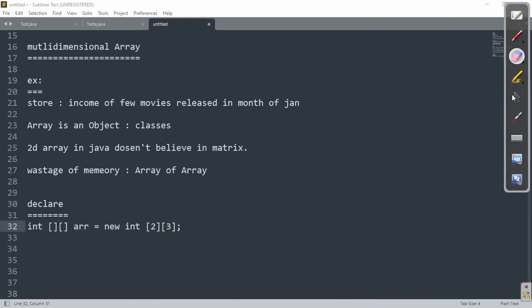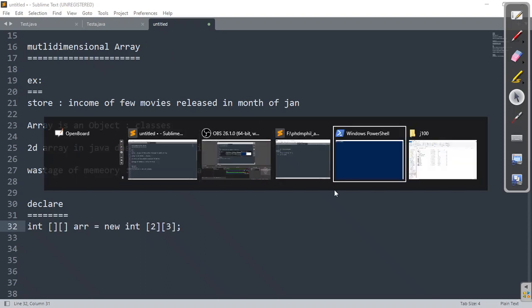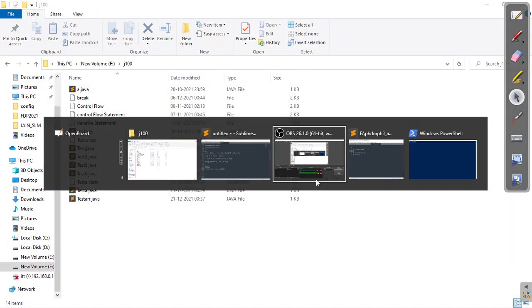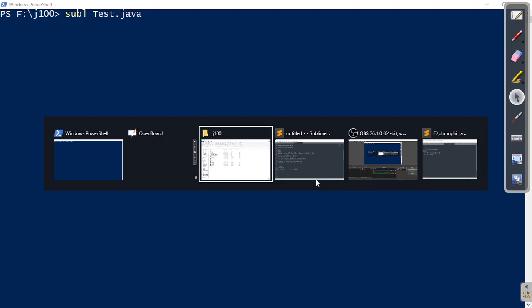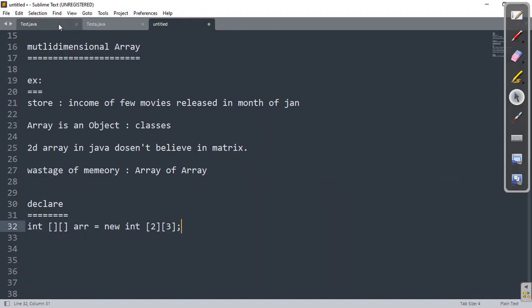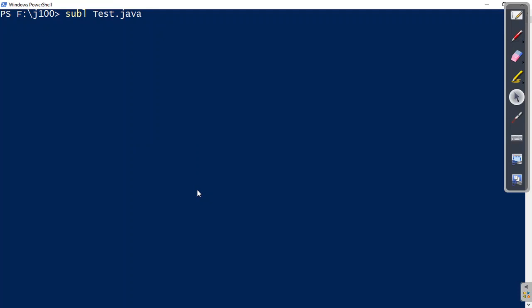So let us see how the things will go on. Then we'll go to the next example and we'll discuss a few more conclusions. Let us understand this particular one first. Let us go back to the PowerShell view. Sorry, it's this PowerShell view. Let us create the Test.java. We'll create a Test.java and in that we'll see how the double dimension array can be created and how we could write that.